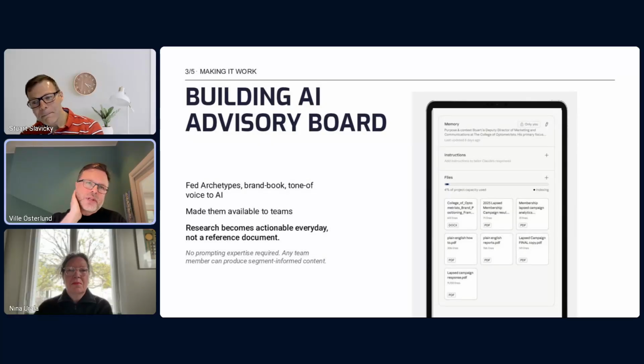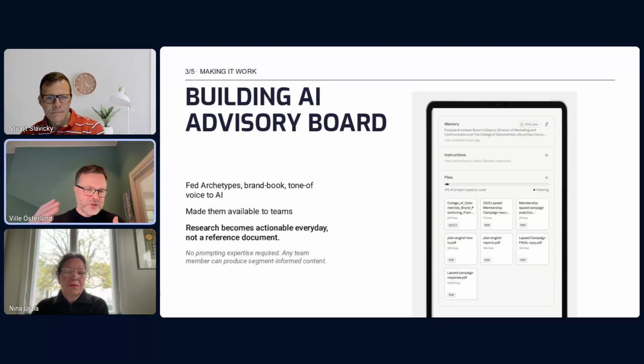Yeah, I think what you guys build here is essentially what we might call, in our language, an AI customer advisory board. So it has the segment knowledge, but you can then chat with your segments instantly. So ask questions, generate content variations and test messaging angles. And the beauty here is that it's not a random set of trained data. It's actually grounded on your real segments, and it scales. So you don't need a big team to execute personalized communication messages or product concepts, because you have this system.